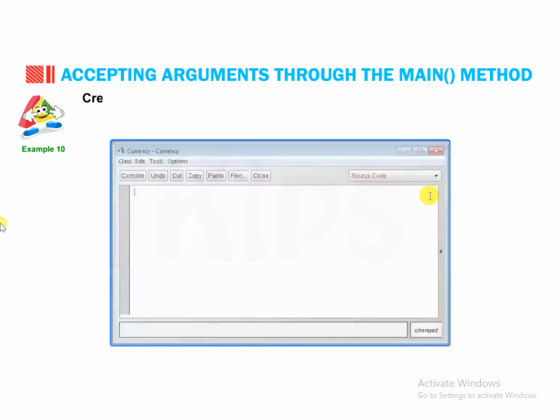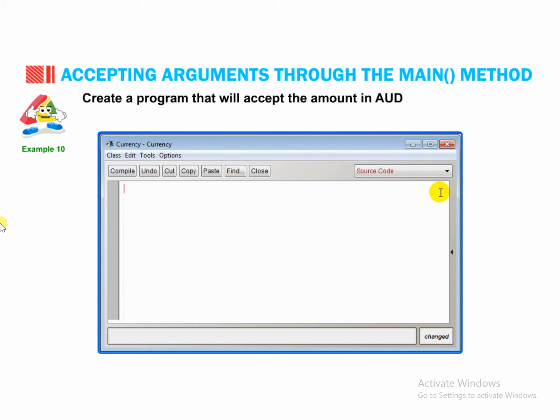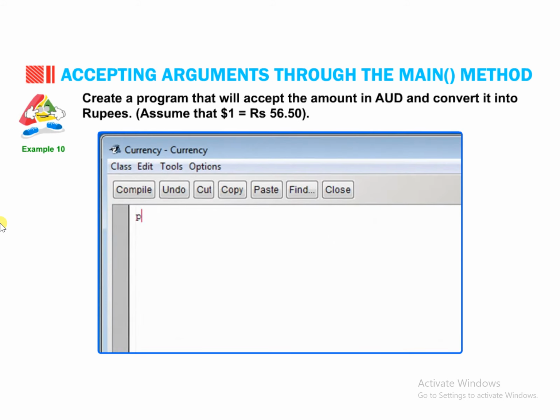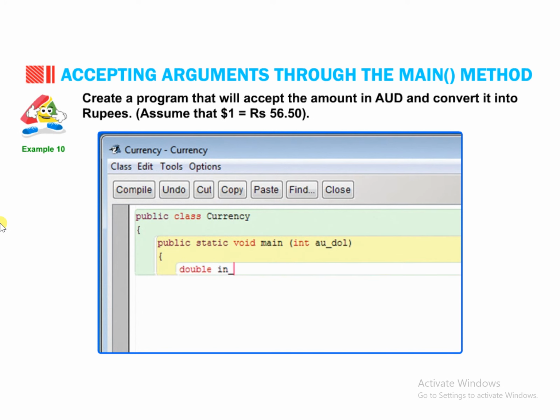Example. Create a program that will accept the amount in USD and convert it into rupees. Assume that $1 = rupees 56.50. public class Currency { public static void main(int au_doll) { double in_rupee; in_rupees = au_doll * 56.50;